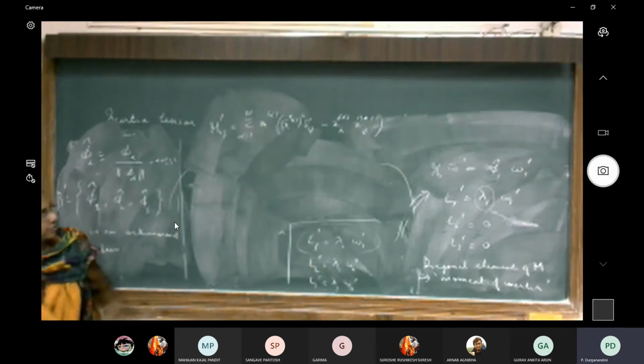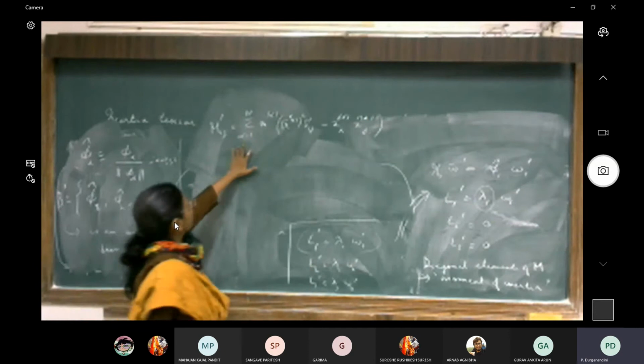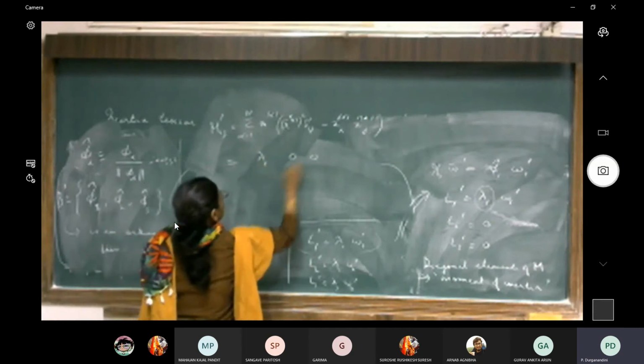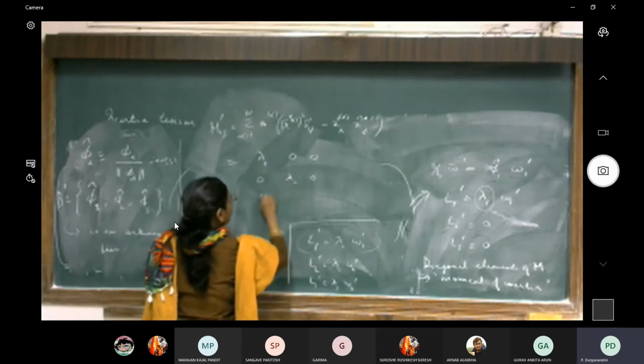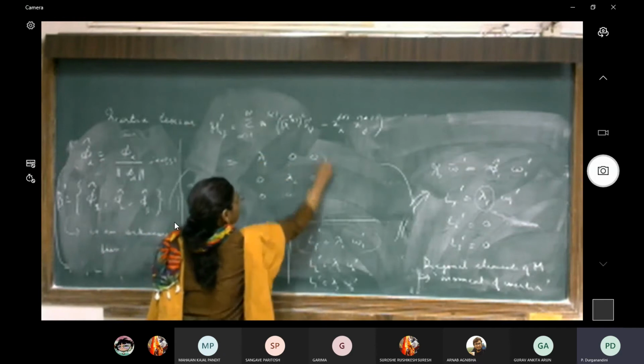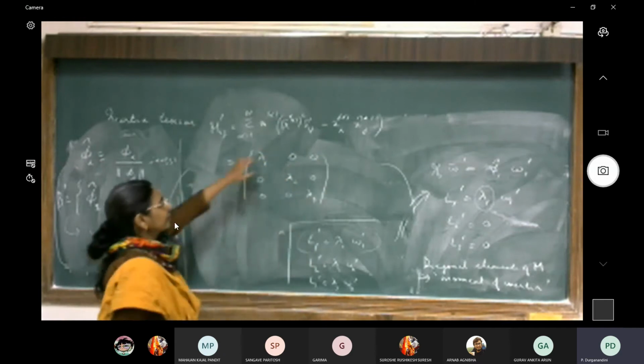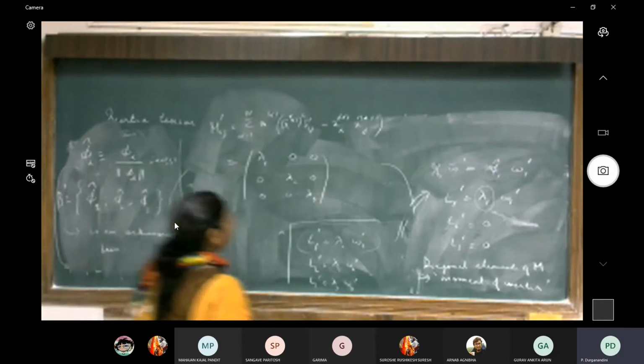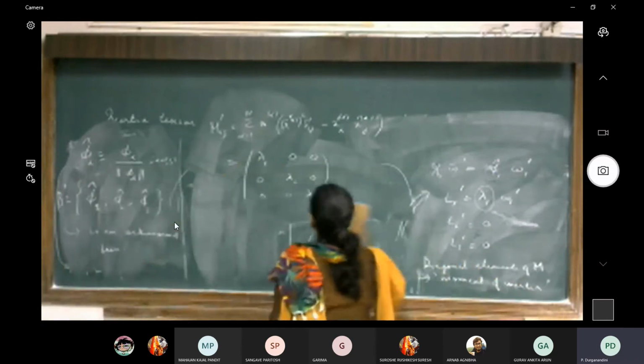But we know what the answer should be. Because in the new basis, this should be simply equal to lambda 1, 0, 0, lambda 2, 0, 0, lambda 3. Because that's how I've chosen my new basis. Fine. Or in other words, you can see from here,